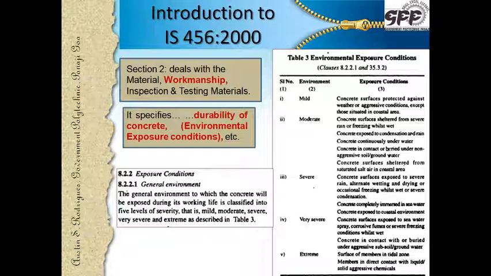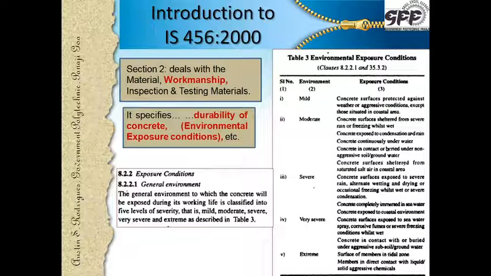Concrete surfaces sheltered from saturated salt air in coastal area. So this moderate talks of the Goan climate. We have this type of structures that may be sheltered from saturated salt air in the coastal area. Goa is so small that everything can be looked upon as a coastal area with saturated salt air. Now obviously we are at the level moderate. Let us try to see if the other conditions could be made applicable to Goa, or whether Goa is safe from severe or very severe or extreme.